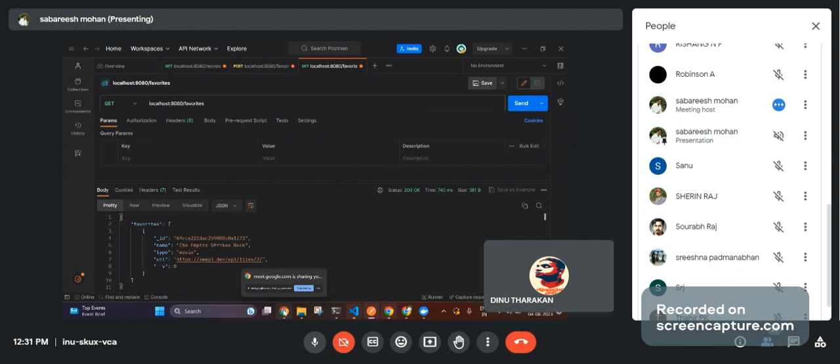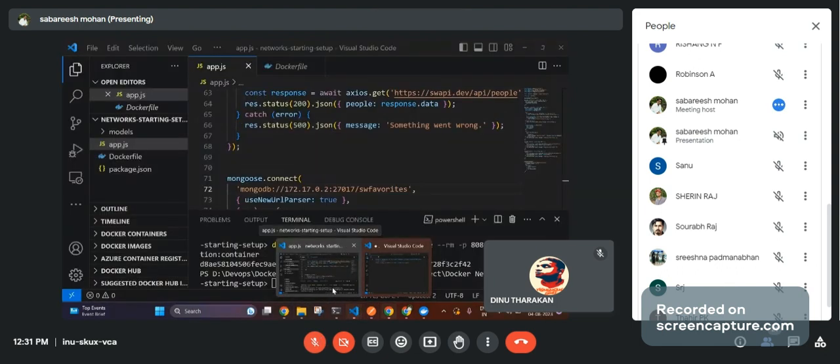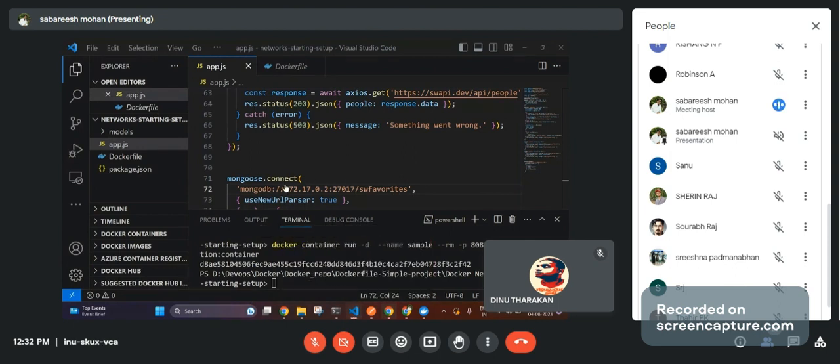They should be on the same network. But we made a mistake over here. We used the IP of the container, but it is not the right way.